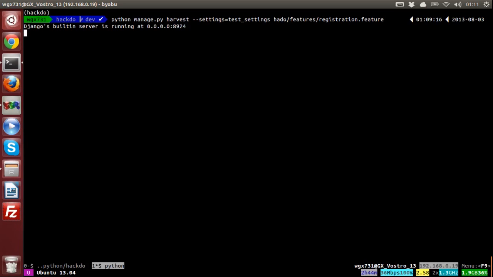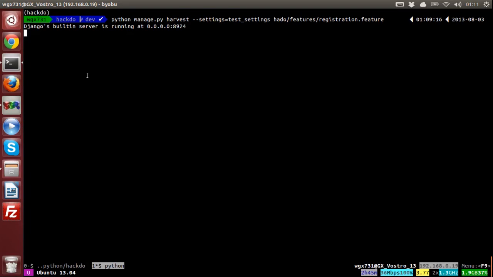Then this will start a separate server running on a different port, and use Selenium to start up an automated web browser to access the page the way we define,